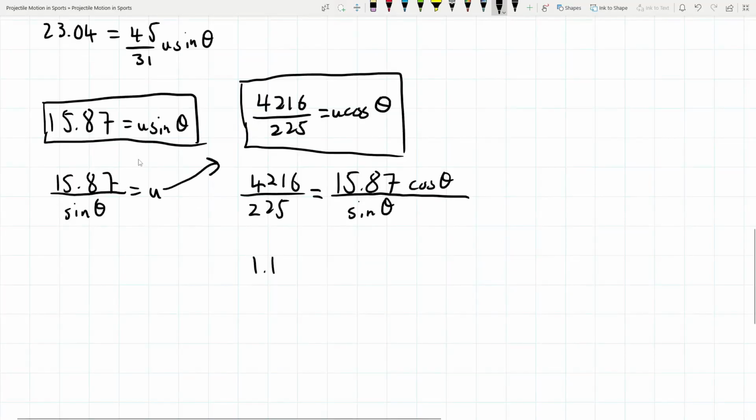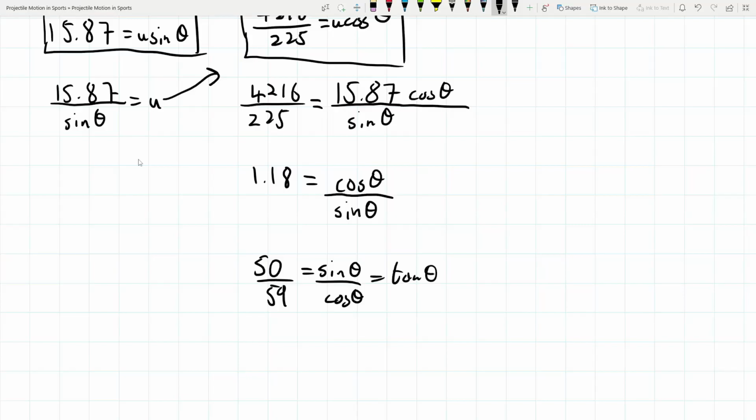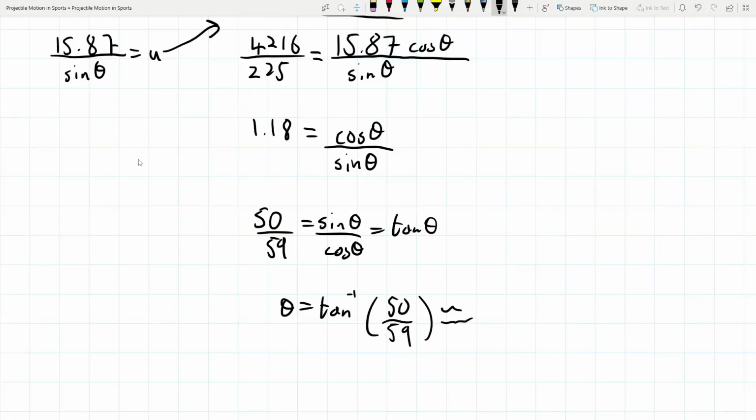So we get 1.18 equals cos theta over sine theta, which means that we can get tan by taking the reciprocal on both sides. So that gives us 50 over 59, because it's a recurring decimal, equals sine theta over cosine theta, which is equal to tan theta. Therefore, theta equals the tan inverse of 50 over 59, which is approximately equal to